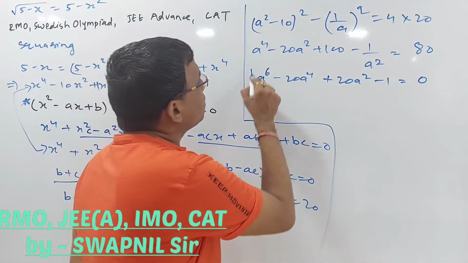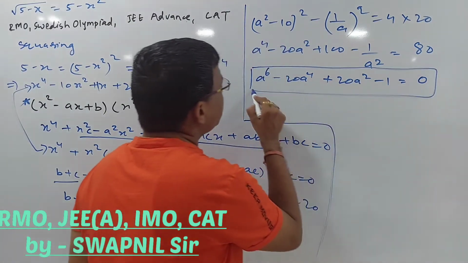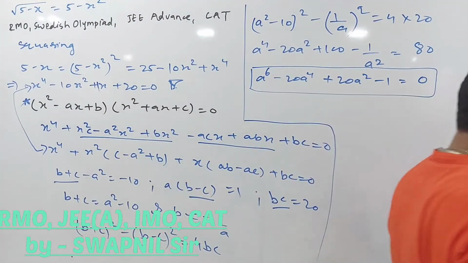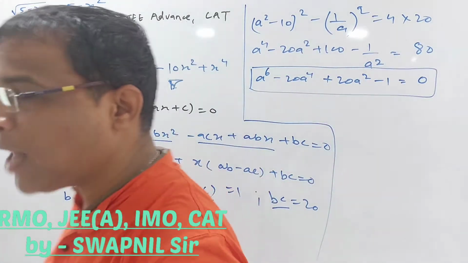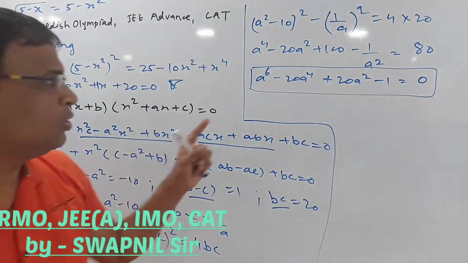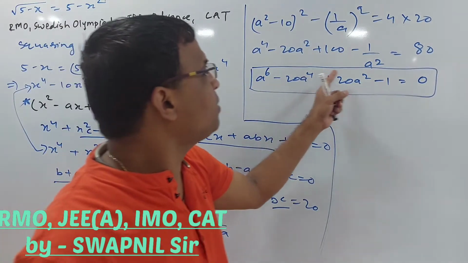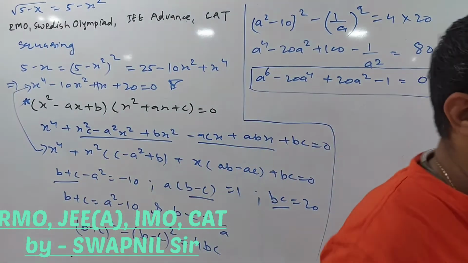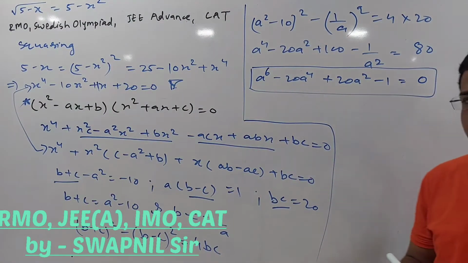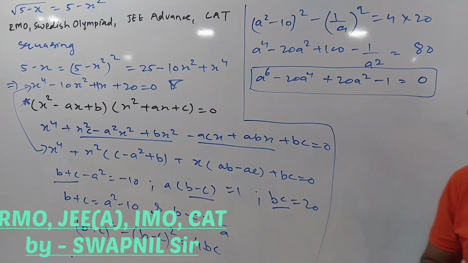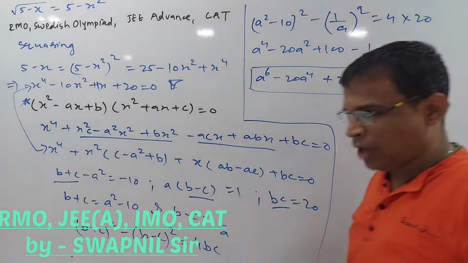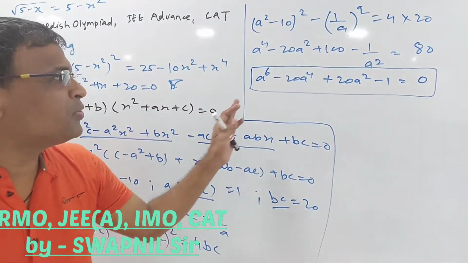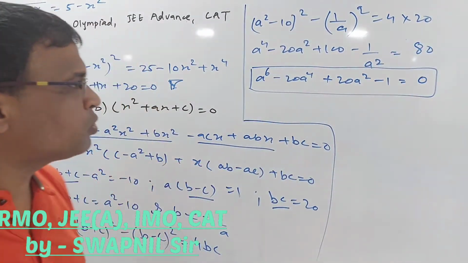So that is a new equation for me to crack, and it is of degree 6. In fact, that is one of the reasons I picked this question. It is having even powers, so it is an even equation. We have even functions and odd functions, so it is an even function basically. I will take one more video on even functions and odd functions, and you will come to know about that.